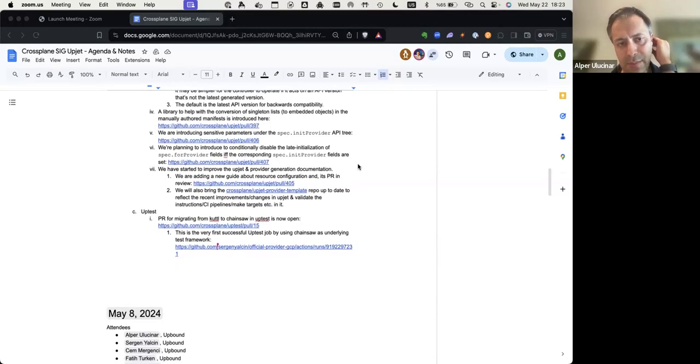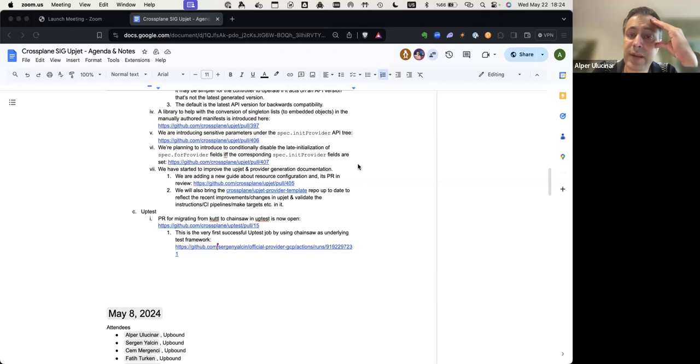Another important thing that we would like to discuss is, up to now, Upjet does not generate secret references for sensitive parameters under spec.initProvider. So Upjet only generates secret references for sensitive parameters under spec.forProvider.